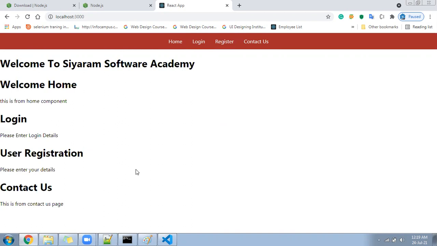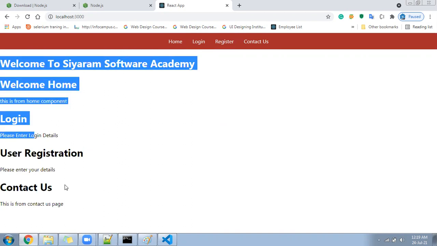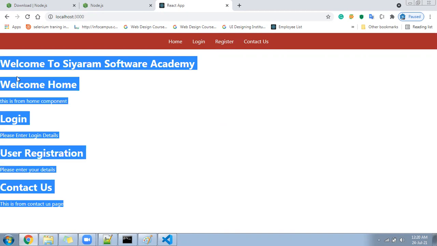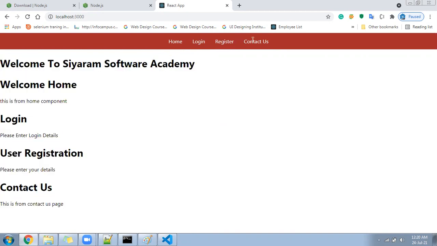So next, what should happen? This content, you can see it is starting from the very beginning, right? It should come a little inside, and when we click here, the content has to change here. This has to be a little dynamic. All the components should not load at the same time. So for that we have to write some CSS.